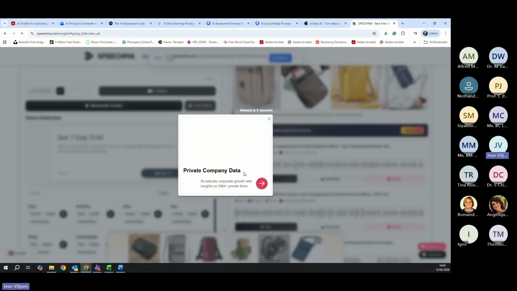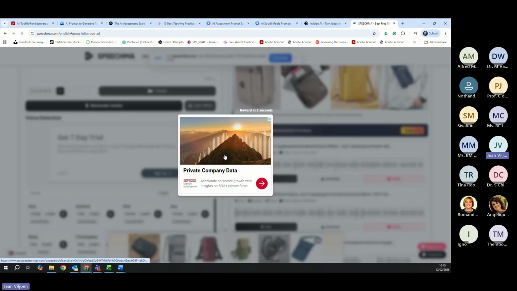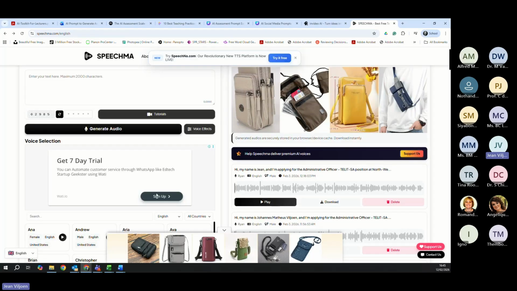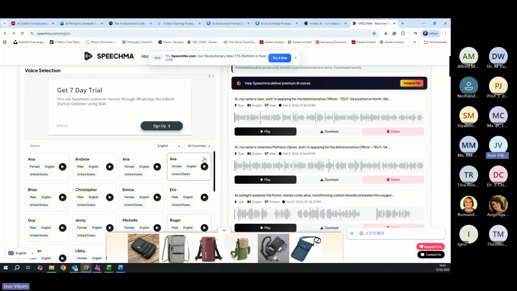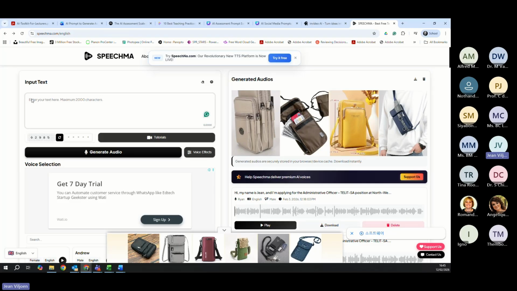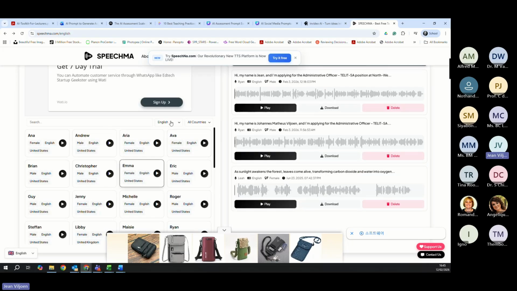Sorry, let me just watch an ad. The reason why I really value this tool is because we can, as you can see, enter your text there, then you should just enter the verification code, but you can also